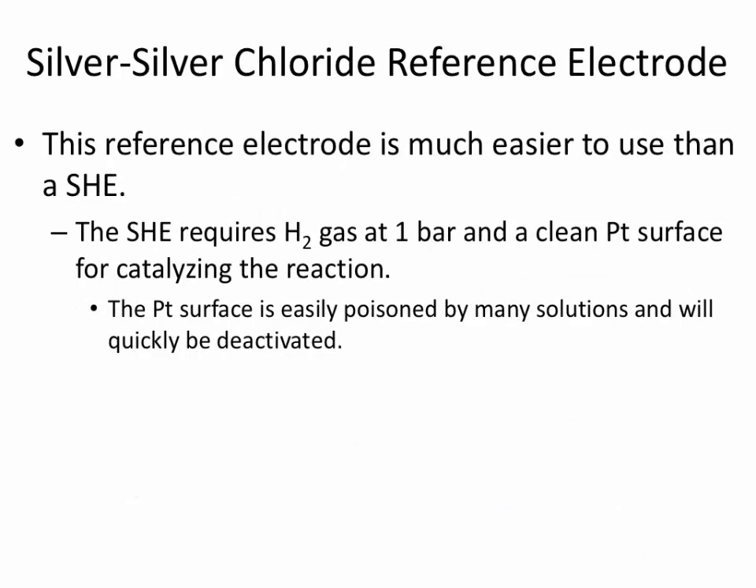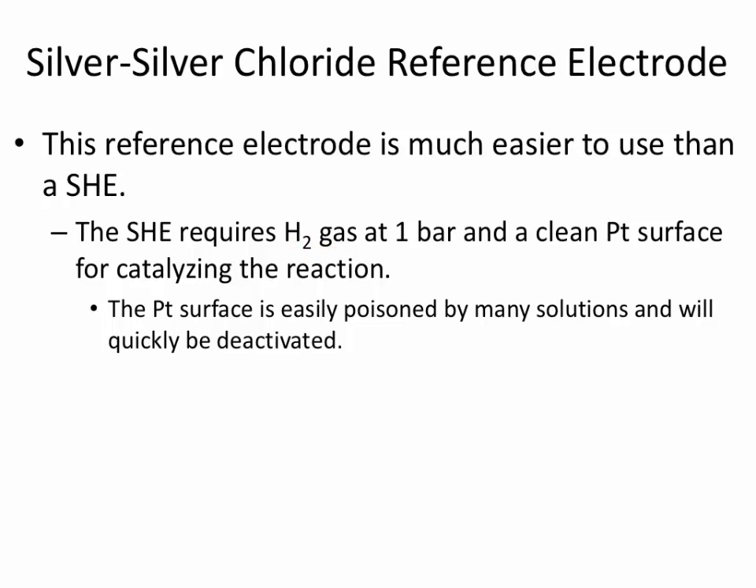So this reference electrode is much easier to use than a standard hydrogen electrode, because the standard hydrogen electrode requires hydrogen gas at 1 bar and a clean platinum surface for catalyzing that reaction. The platinum surface is easily poisoned by many solutions and will thus be quickly deactivated. And so this is a relatively high maintenance reference electrode, the standard hydrogen electrode that is, because we have to